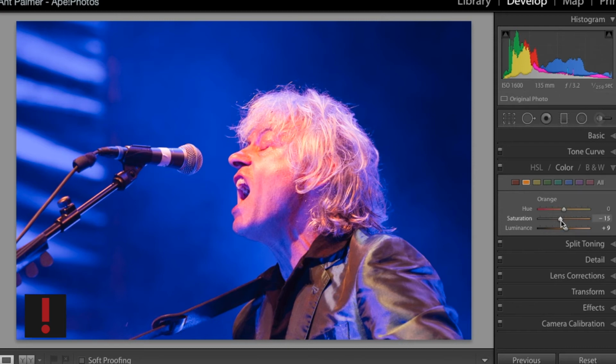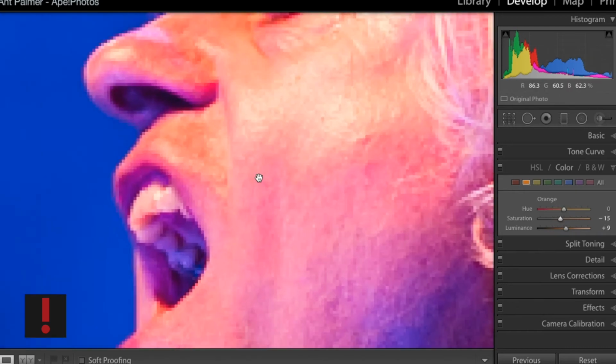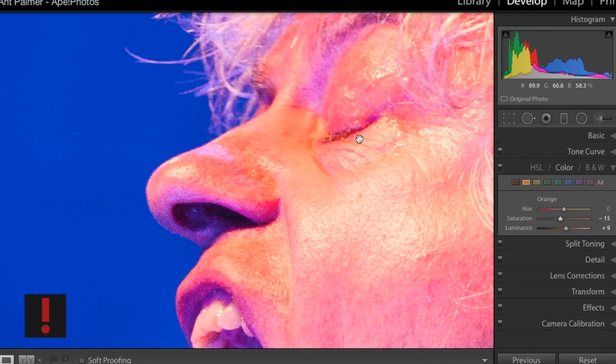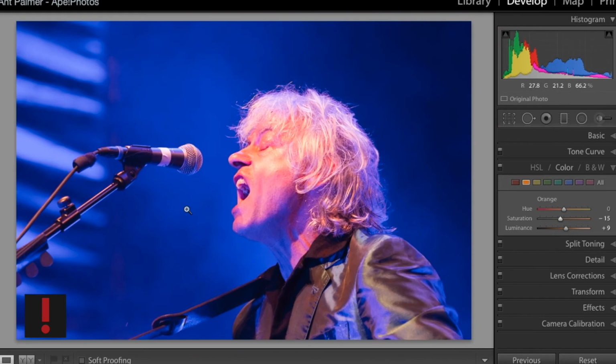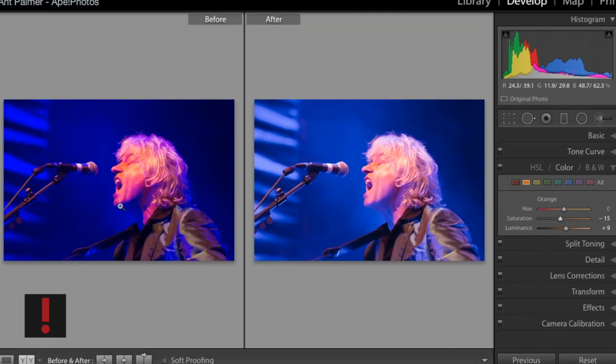No, it's definitely orange. Just dropping the saturation of the orange a little bit. I think that makes the whole thing look a hell of a lot better than what I did to start with. If we compare it to what we started with,